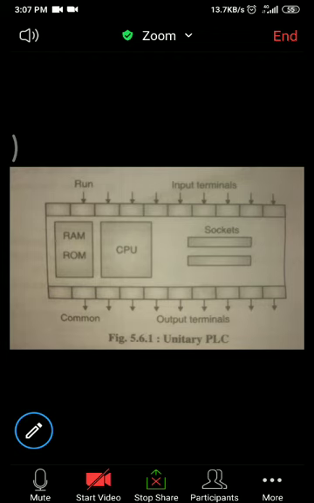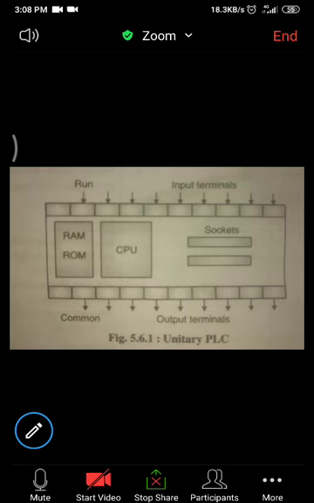So as we know, there are two types of PLC. Unitary is also called shoebox PLC because every block is fitted in a single casing. That's why it is called a unitary, single, or shoebox PLC. And the second type is the modular PLC. As the name suggests, there are separate modules for each block of PLC, and they are connected together using connecting wires. Depending upon input, output and application, there are three subtypes: small PLC, medium PLC and large PLC. We'll study all these types today.